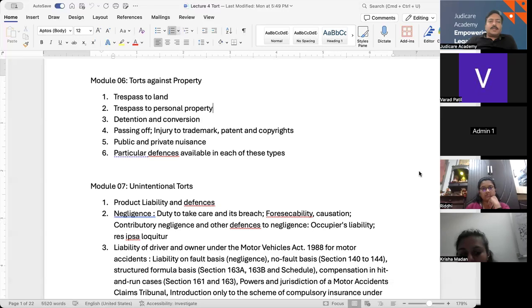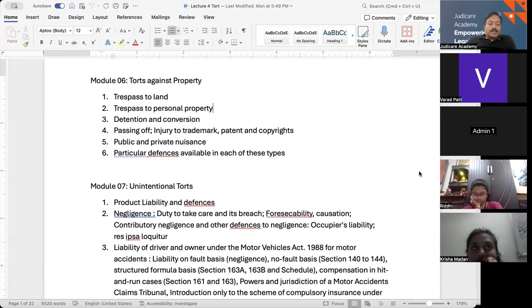So now let's see again under point 6 the particular defenses available for each kind of thing. Various defenses can be invoked across different property torts, and the application of these defenses often depends upon specific circumstances surrounding each case. So defense, in any case, whether it's tort, criminal, civil, whatever it is, as a general thumb rule mostly depends upon specific circumstances surrounding each case. It will always be a little bit different here and there. It cannot be the same for all. In similar cases also, defenses might be a little different.